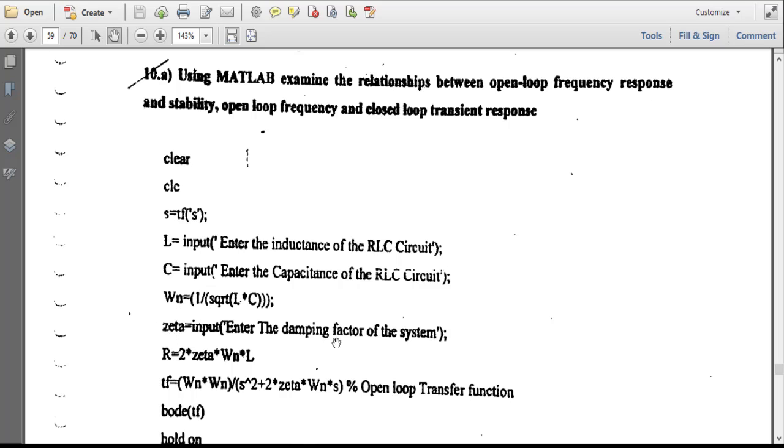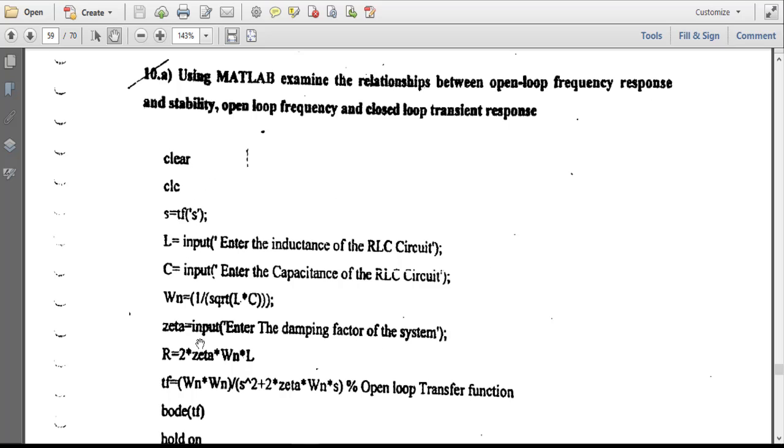The zeta value is also taken from the user. These codes here are just for the sake of practice. You can directly write L equal to some value, C equal to some value, and zeta equal to some value. You need not write these.